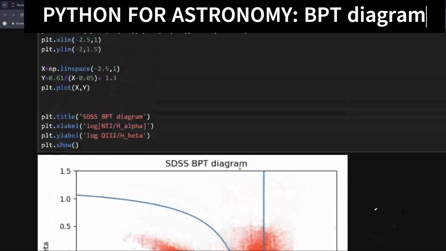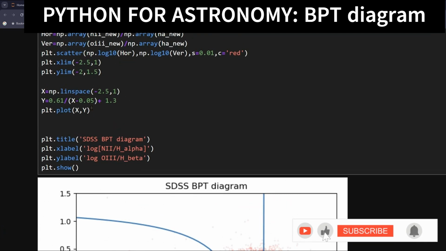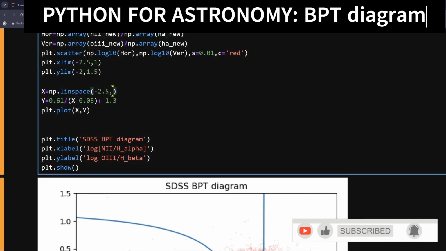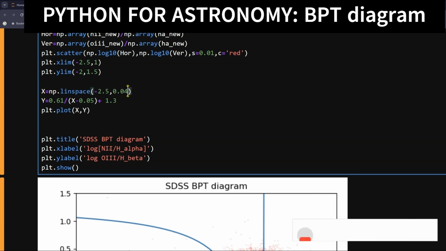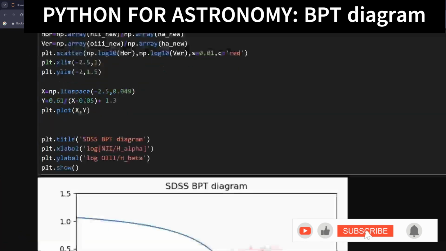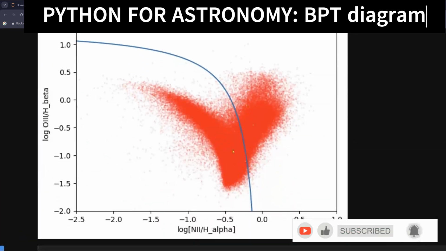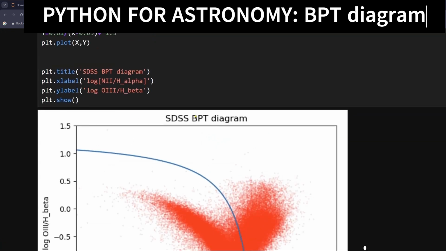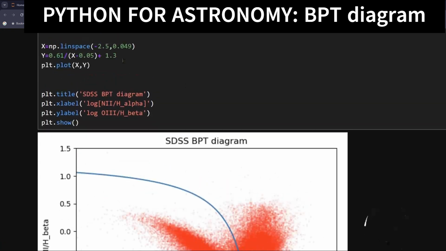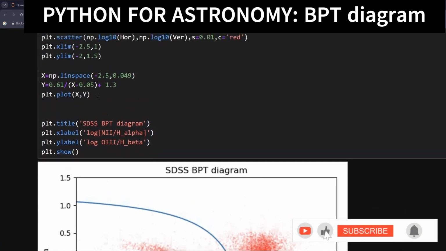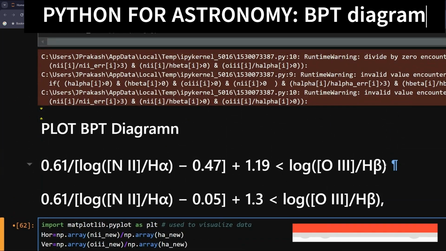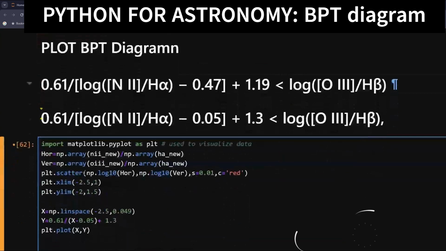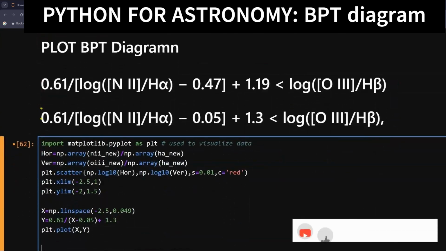So for that, just go a little different. So 0.049, and here is the plot. Okay, for that. So you can similarly also define another for this criteria that makes the difference between your composite